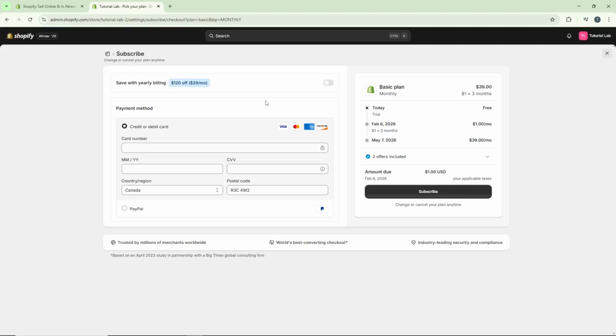Here, you'll need to input your card details to finalize the subscription change. Enter your payment information carefully. Then, click Subscribe. Your new plan will typically take effect immediately, giving you instant access to the features included in your selected tier. And that's it. You've successfully changed your plan level on Shopify, allowing you to access the features that best support your store's growth